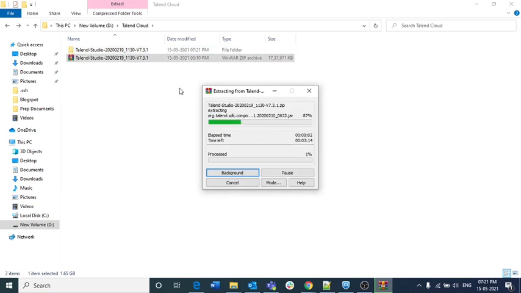Yeah, that's it. If this extraction completes, then you need to start your studio exactly how you have done it previously. It is almost completed.